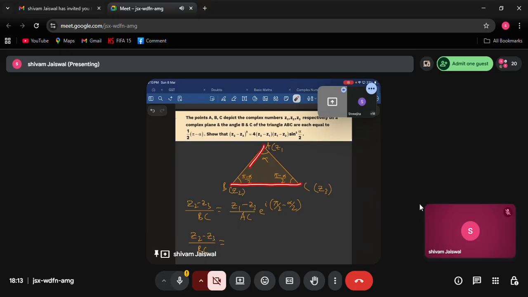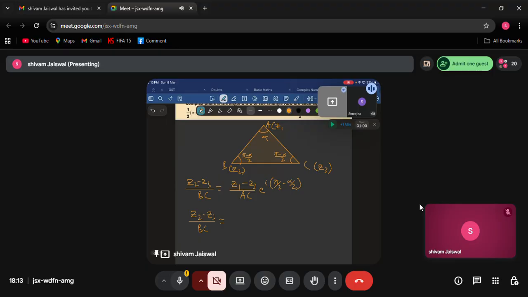I need to superimpose over AB. Okay, so this AB needs to rotate by an angle of pi minus alpha by 2 in the clockwise direction. So the angle will also be negative. Can you understand? If AB rotates by an angle of pi minus alpha by 2, then only we will get BC, right, in the clockwise direction. Yes, sir, it will be the negative angle. So this will be equal to minus of Z1 minus Z2, or you can say Z2 minus Z1